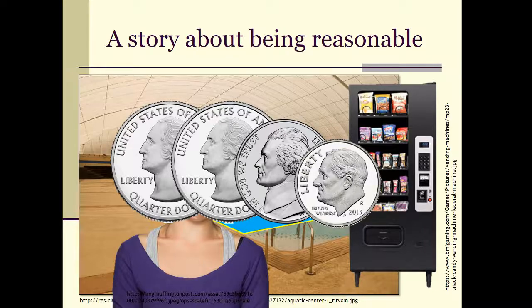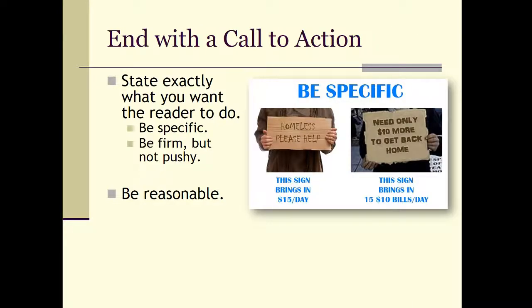So this is a good example, again, of thinking of the you attitude. Look at it from your reader's perspective. How are they going to win? Well, they won by making me happy and by doing the honest thing by giving my money back. But at the same time, I would have liked more than 65 cents, but again, it would not have been reasonable. So make sure that your call to action is actually a reasonable call to action.